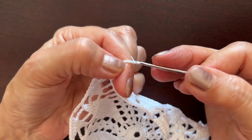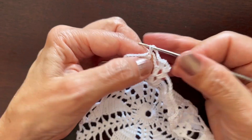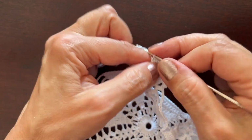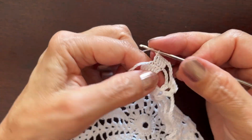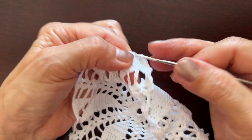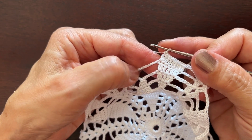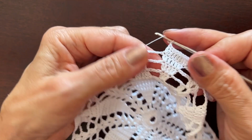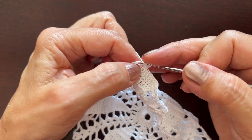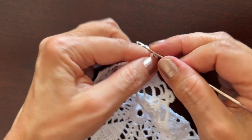chain 5, 2 double crochets in the first stitch, 5 double crochets, stitch and stitch, and 2 double crochets. 9 stitches in this petal in this round. Here we had chain 7, so we are making chain 1 and counting 1, 2, 3, 4. In the middle chain we are making a shell, 2 double crochets, chain 2, 2 double crochets,